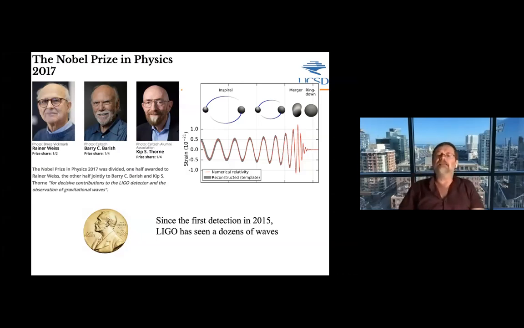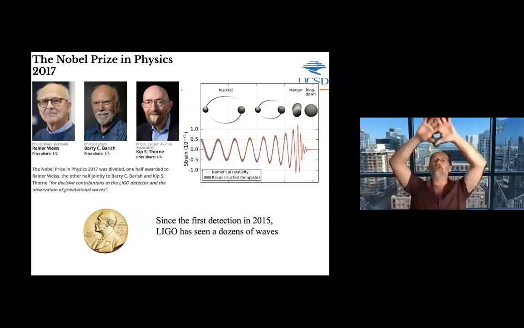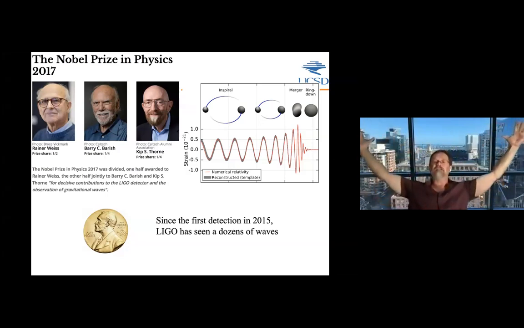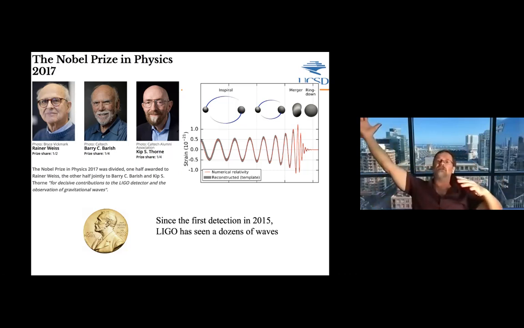And exactly, you can think of it as once you've seen the first one, you are virtually guaranteed that any improvement of the instrument from there onwards, you will see lots and lots more. Because you are sensitive to a volume in space, and as you improve the instrument, the volume in space that you are sensitive to for a given size phenomenon grows like the cube of the sensitivity. So a factor of 2 improvement gives a factor of 8 in volume, because volume goes like the radius cubed.